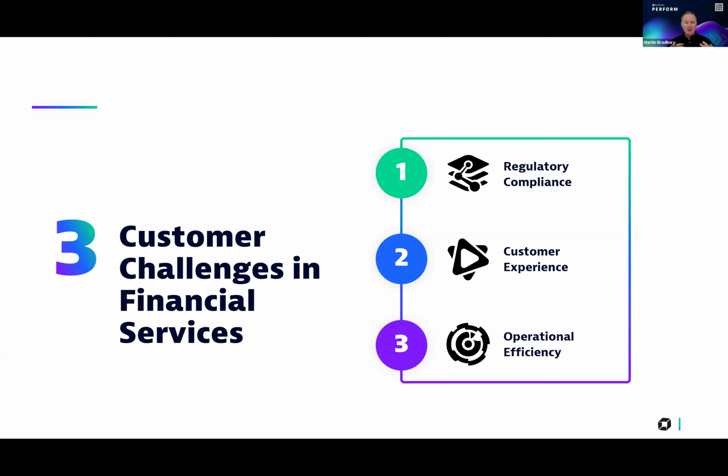But actually, you don't deliver services to your customers with a single point of technology, right? You need a view across that whole stack to understand how that's performing. The second part of this is,